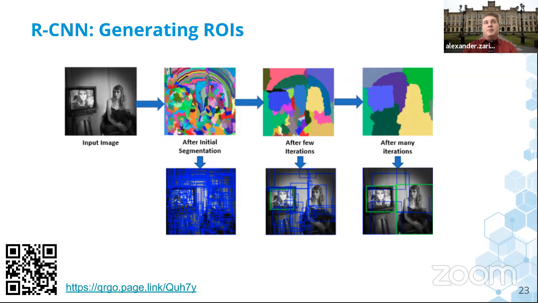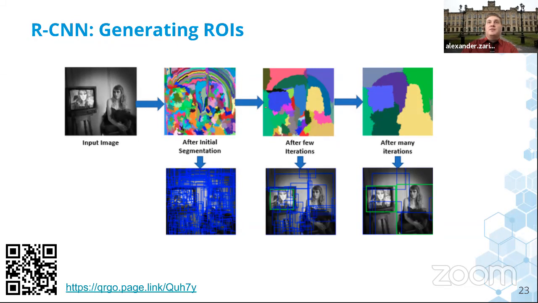First of all, we apply the selective search algorithm, which clusters each pixel on the image and merges these pixels into groups of similar pixels, which form zones we call regions of interest, or ROI for short. And then we select 2000